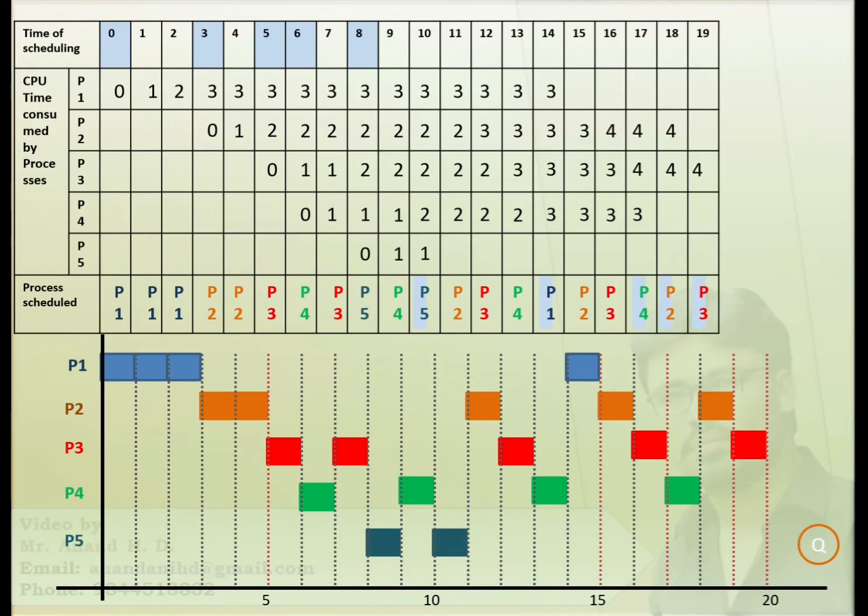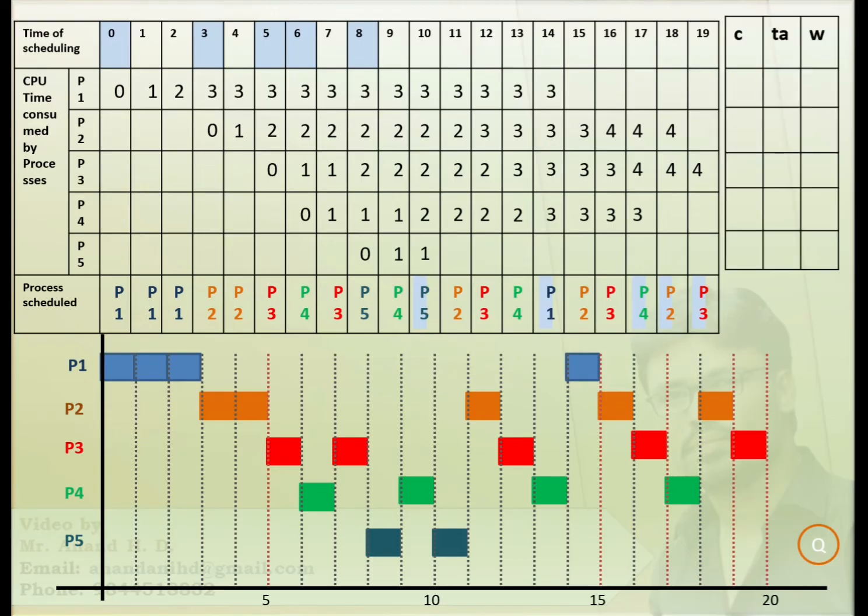And also all the 5 processes completed their execution at 20 time units, right? Now let us consider one more small table with 3 columns, wherein the first column shows completion time C, the second column shows turnaround time TA, and the third column shows weighted turnaround time W for each process. Now we shall find completion time, turnaround time, and weighted turnaround time for each process, which we can find from